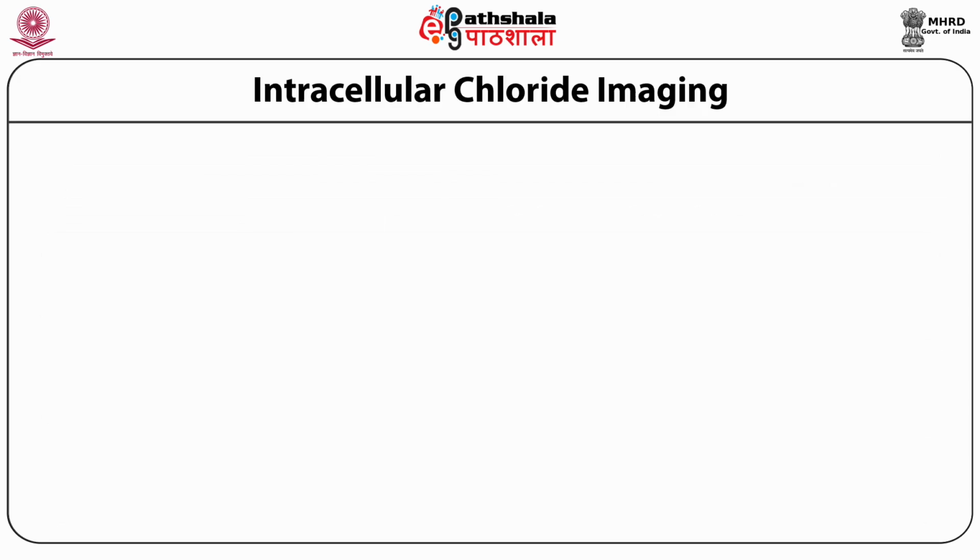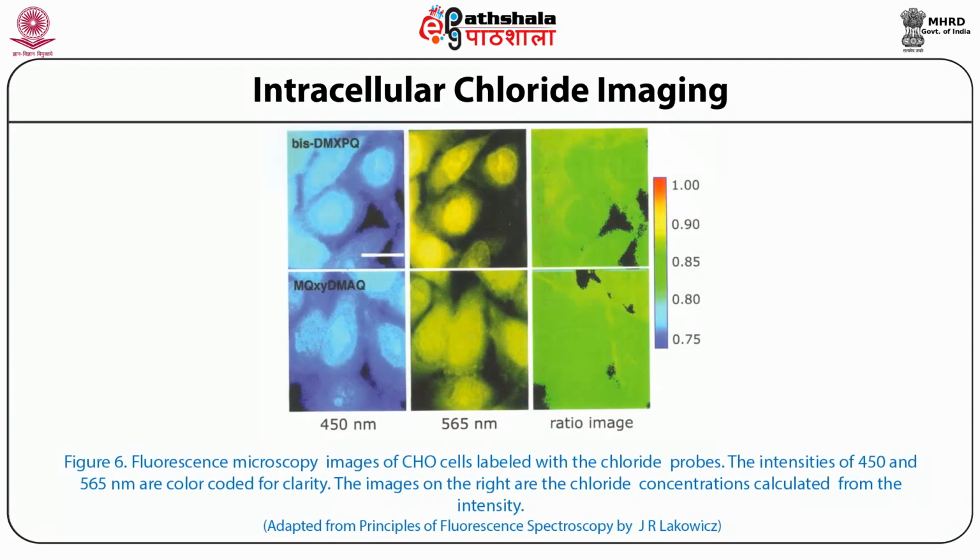nucleus. Here we can see the fluorescence microscopy imaging of the CHO cells with chloride probes. The fluorescence microscopy image of CHO cells labeled with the chloride probes, and intensities at 450 and 565 nanometers are color coded for clarity. The images on the right are the chloride concentration calculated from the intensity. By seeing the difference between the two intensities, the ratio will give you the exact concentration of the chloride in